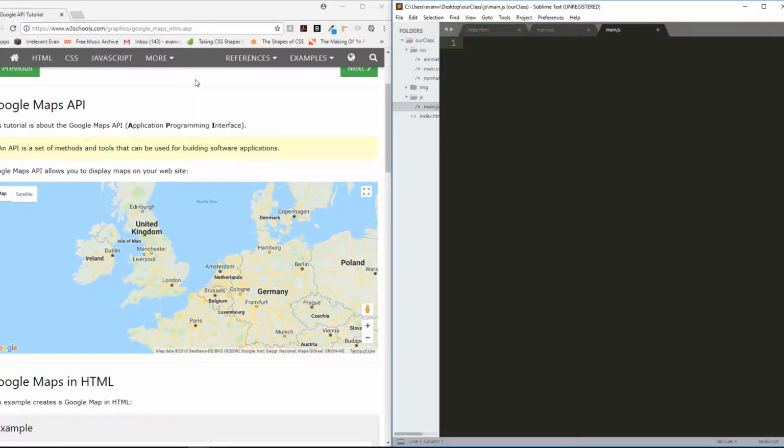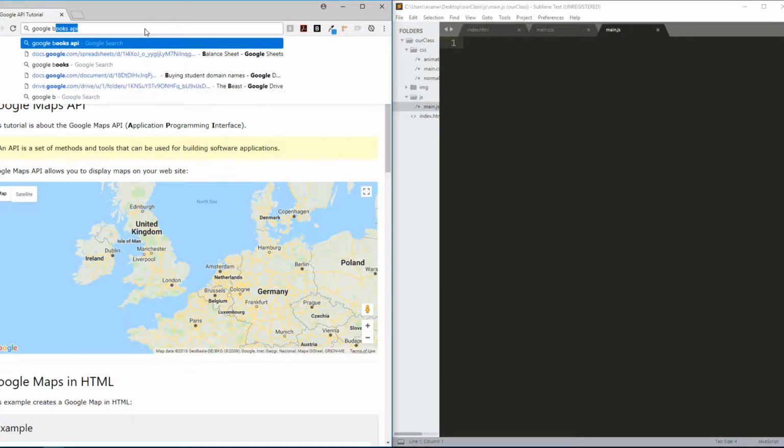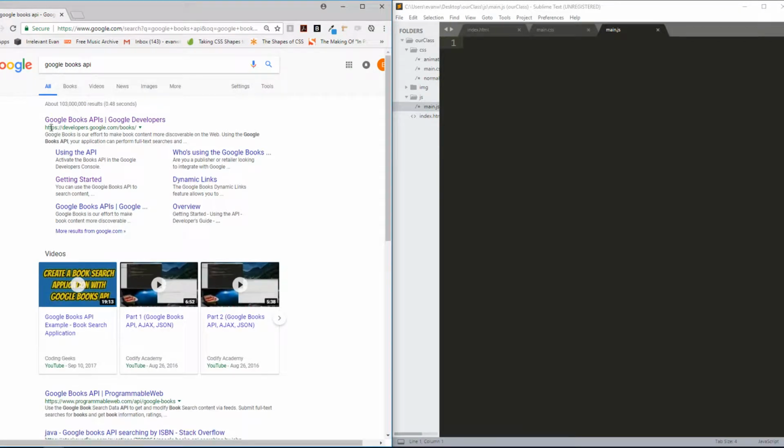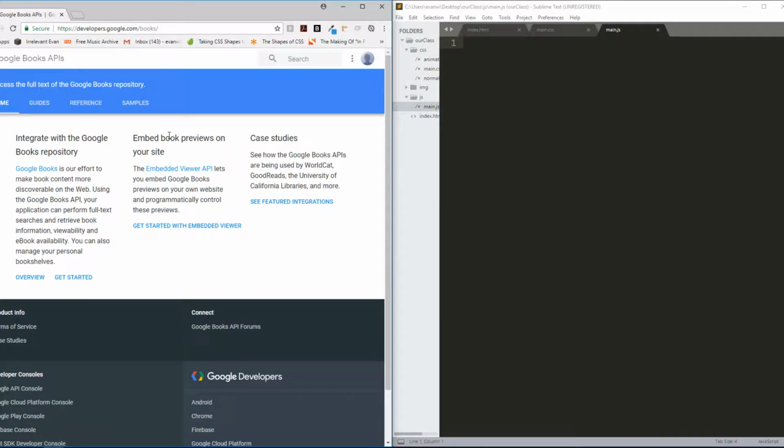Okay, one example is in one of the later videos, you will see Isaac dealing with the Google Books API. This is an API that allows you to access the full text of the Google Books repository, which is essentially every book on the planet because it's Google. So what the Google Books API allows me to do is search for books, basically, very, very easily,